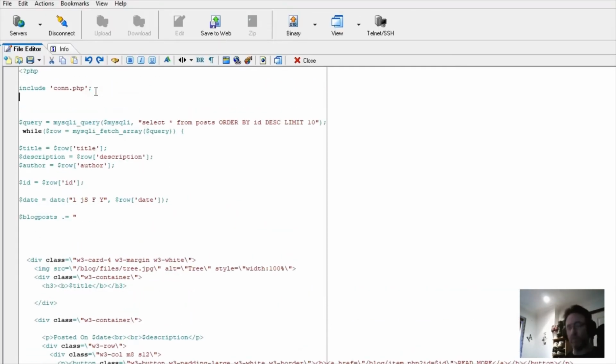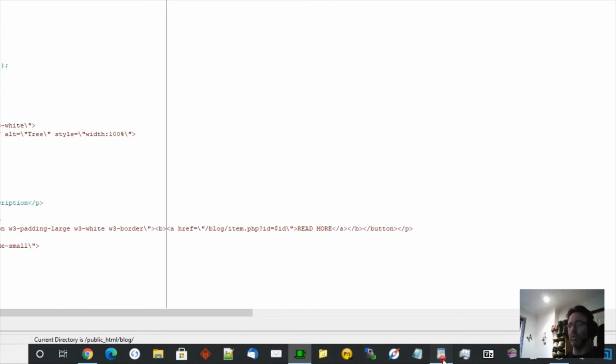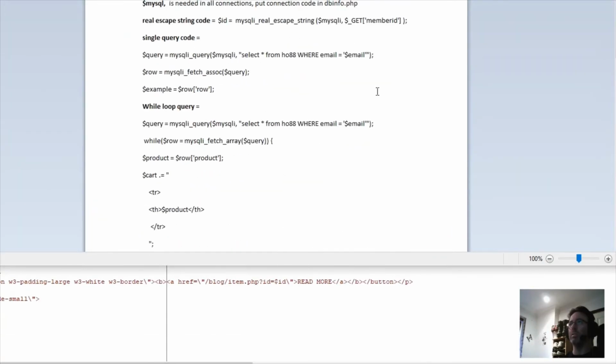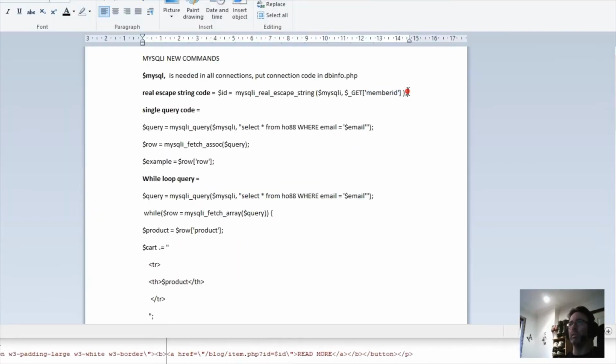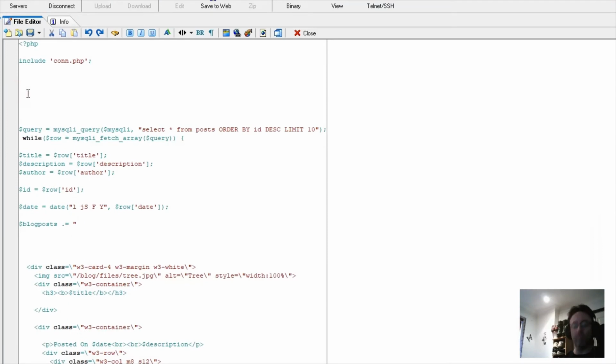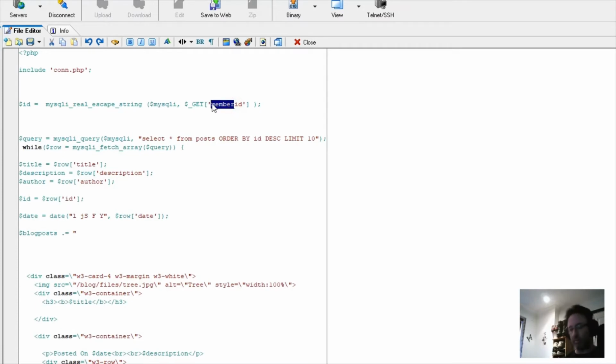So we've got a connection code at the top. So we're going to just get a bit of code from here which gets the variable. So we're going to get the ID. So we need to know which ID to use, because you want this to display the correct post from the database. So we get ID equals get ID. So we're going to select all from posts where